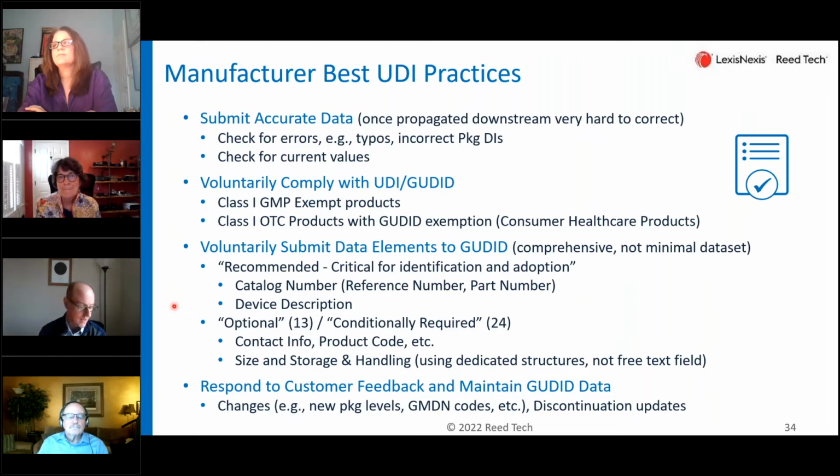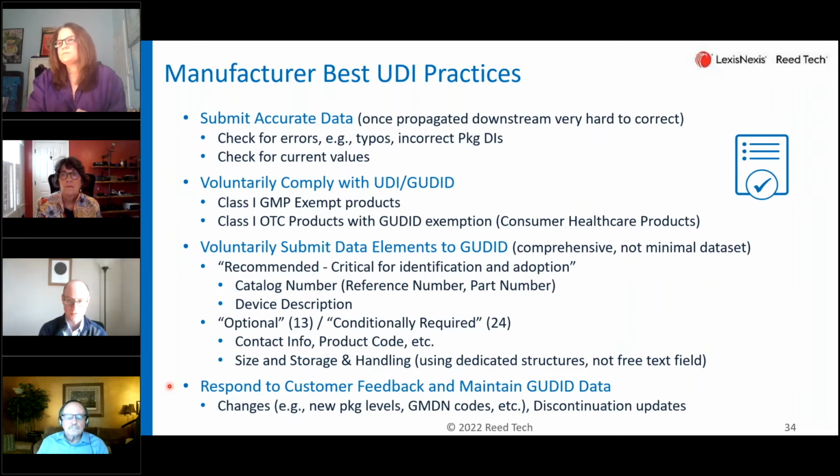Yeah. I think one big thing that we've heard over and over again, and maybe jumping down to that final bullet point, is hospitals want to give feedback to manufacturers. They would love to submit, like, hey, it would be great if we knew this size of the product. We need it for XYZ reason. There's really not an avenue for that today. Obviously, you could reach out to a generic email address or something, but certain manufacturers we've seen really embrace that, putting the contact information and fielding questions from customers and updating the data. It's tremendously valuable for procurement in the hospital to make sure they're ordering correctly, and the clinicians actually understanding what the products are,